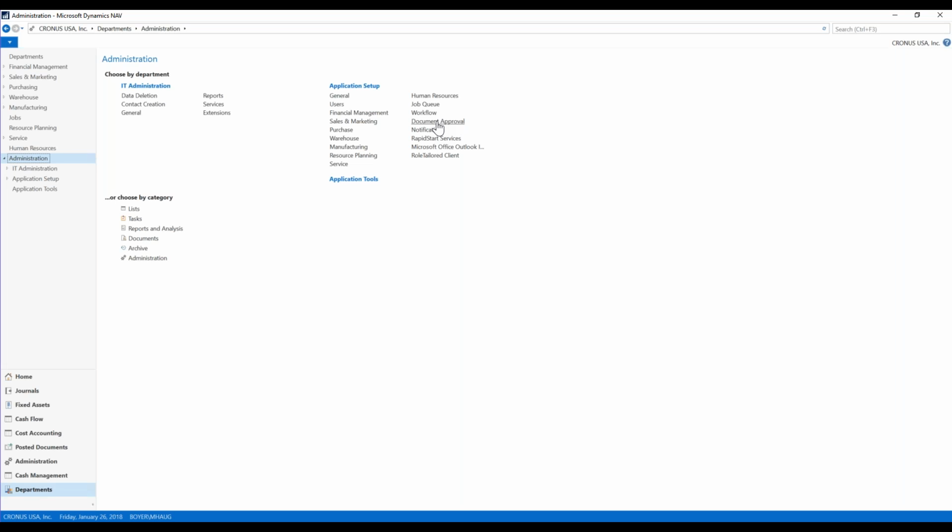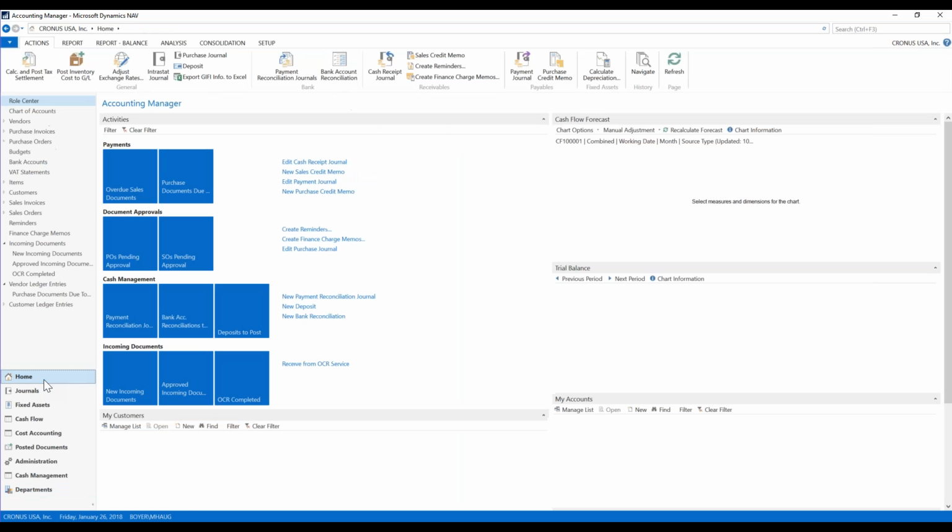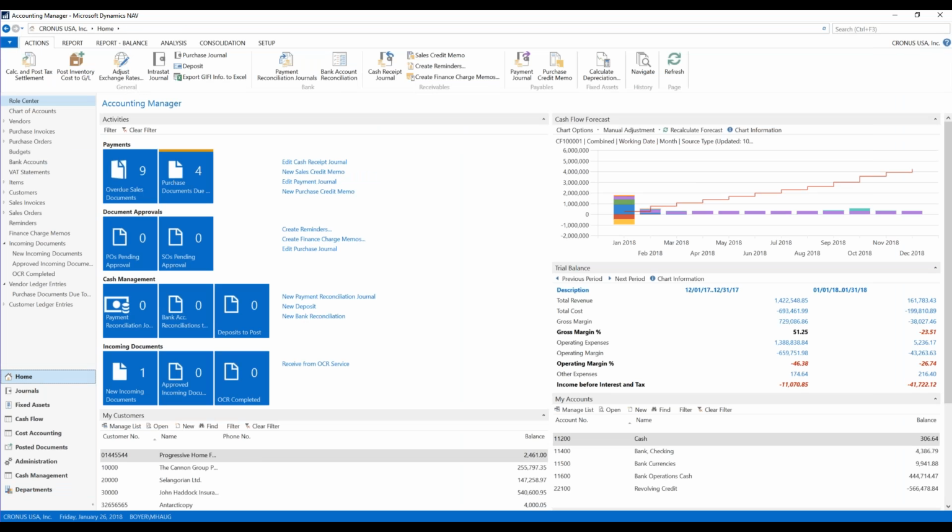If I want just a quick, easy document approval process, let's say my customer credit limit changes or the order amount is over a certain dollar amount, that's just document approvals. But workflow would be much more complex in terms of multi-layer approvals based on a whole bunch of different types of conditions. Okay, so I'm going to go back to this main setup, and I want to go over here